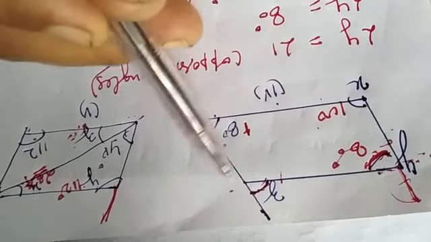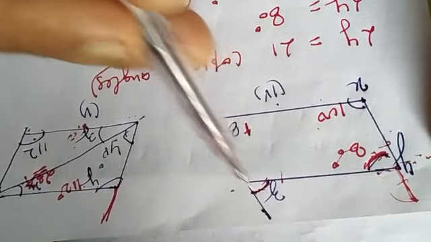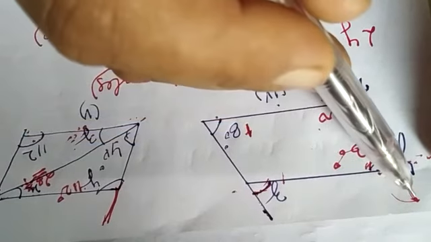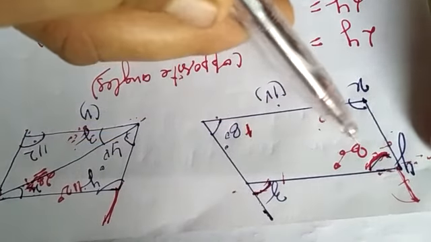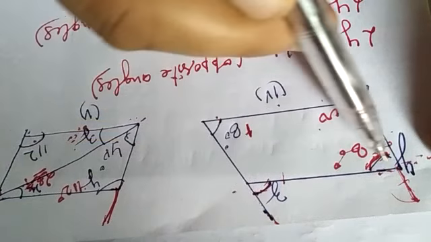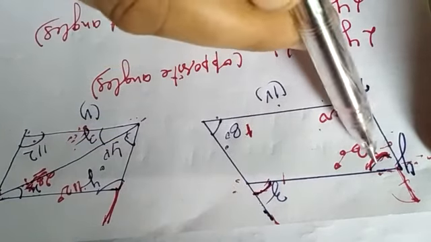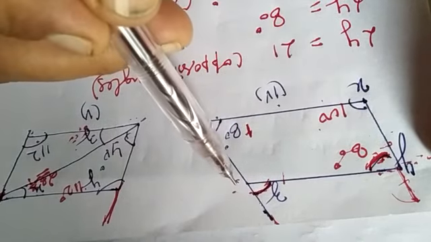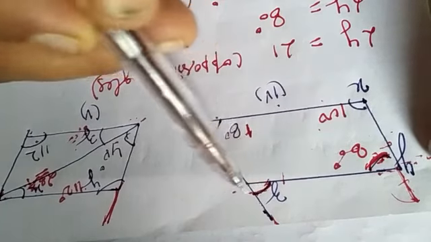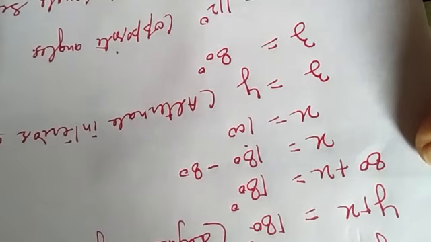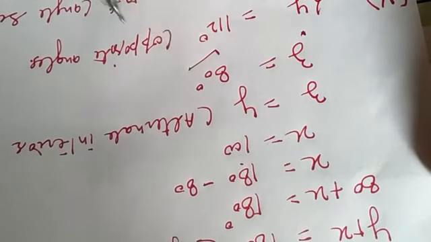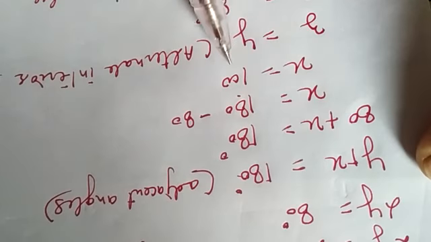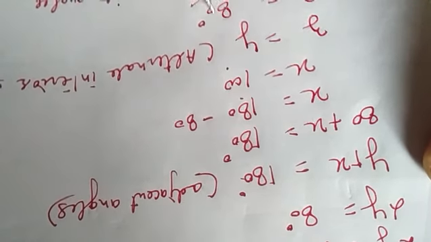Now this is a parallelogram, and these are also parallel lines, and these are transversal. In transversal, this angle will be alternate angle. Angle y and z will be alternate angles. So angle y and z will be again equal. Y and z are alternate interior angles. So y and z are equal. So value of z is equal to 80. Okay, now we got the value of x, y, z. X we got 100, y we got 80, and z is also 80.